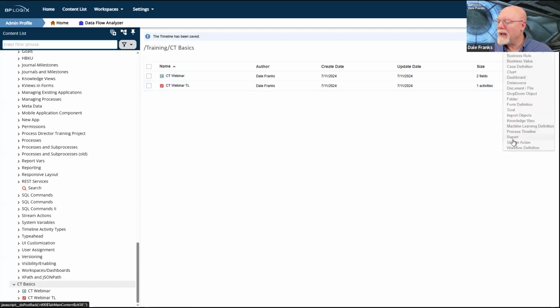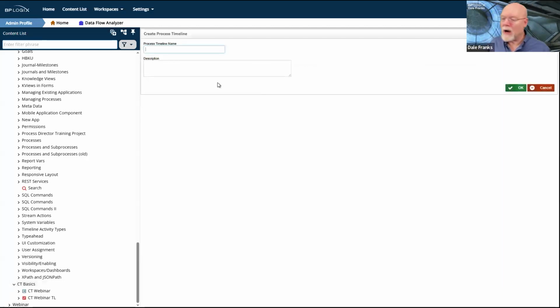So I would create a new little sub process. And by the way, I can do this in the form as well. I'm doing it in the process timeline, but I don't necessarily have to. I can call the run process from the form. The important thing is to use the run process custom task, because the run process custom task runs asynchronously, which means the main process doesn't have to hang around and wait for that custom task to complete before it moves on.